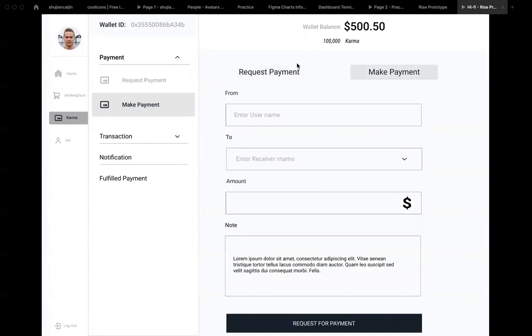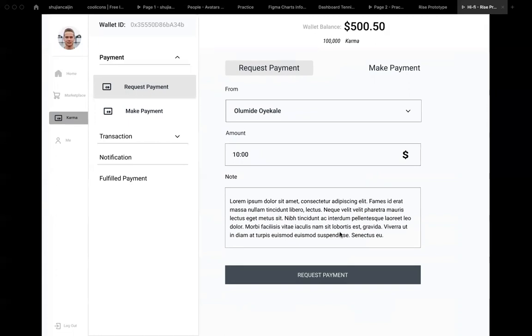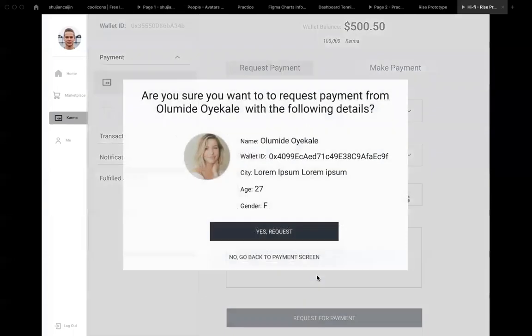Like if I want to request a payment or make a payment, I can click here. And if I want to request payment, I can click on this button or at this place also. So if I want to request payment, I need to enter the recipient's name and the amount, and also leave some notes to let them know why I want to request the payment from this user. And when I click request payment,